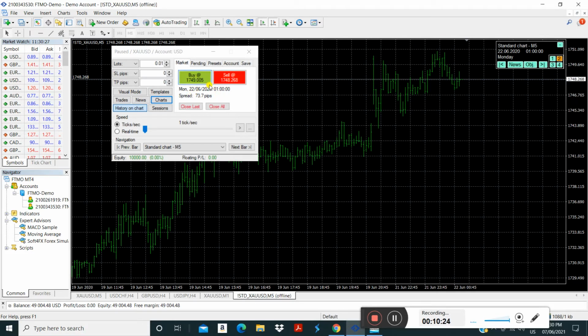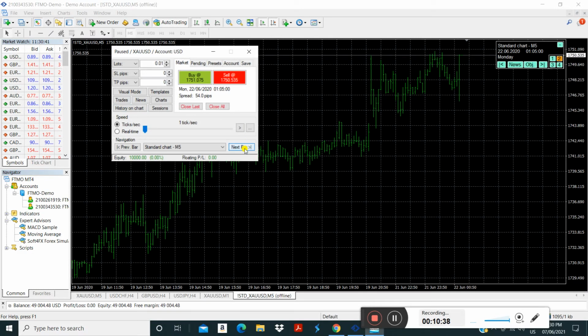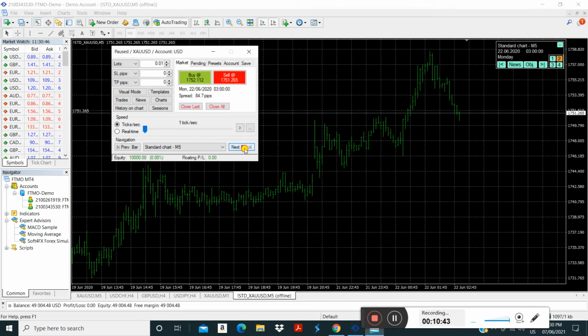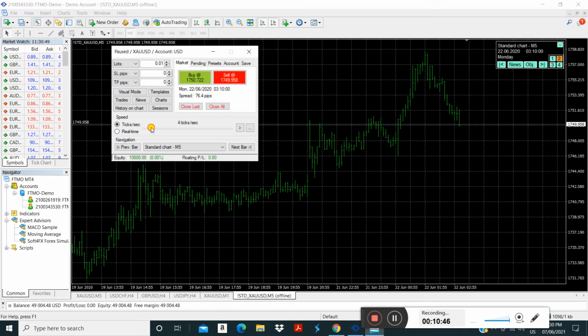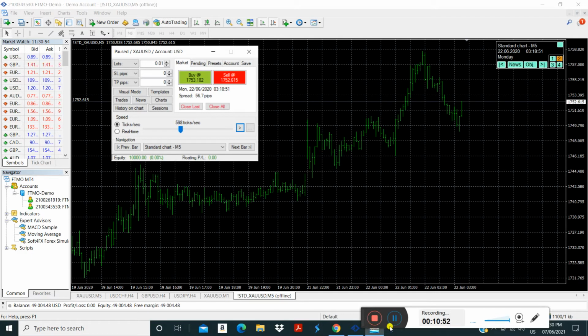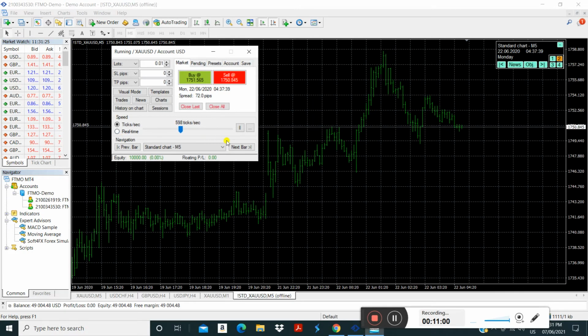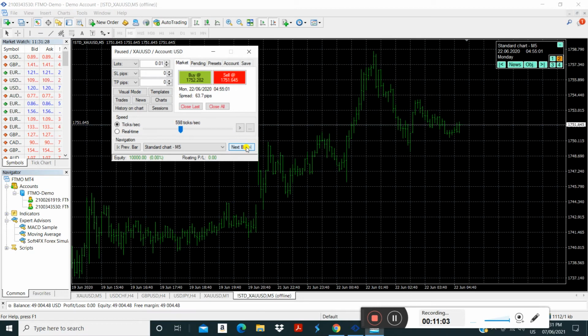For example, if you want to place your trade, you can also go bar by bar from here. Okay, from here, next bar. So it will take you through the data, and you can also do this as ticks, and then click on here, it will automatically update. Okay, so once this is done, you can go to the next bar, or you can click this and set the speed the way you like. I suggest you go for this next bar, click pause here and then click on next bar.